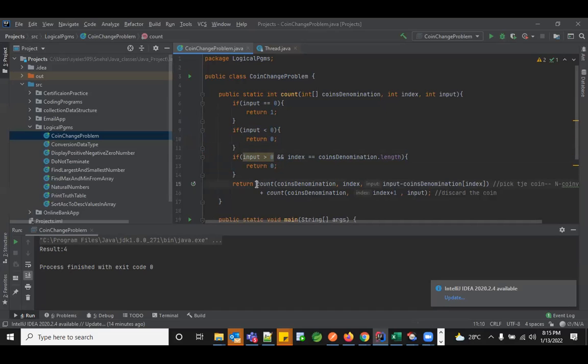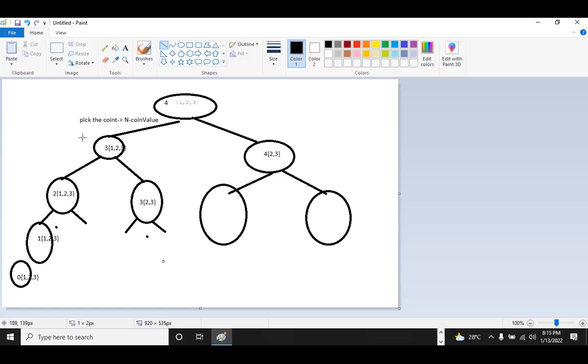Now since we are going with 2 approaches, pick the coin and drop the coin. In the pick the coin, every time I get the value n minus the coin value. And every time I'm iterating the same, I'm not incrementing my index position, or going with next. Till my value achieves 0 or a negative value, I'm going to continue this loop.